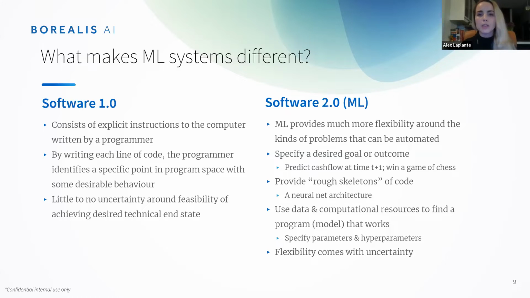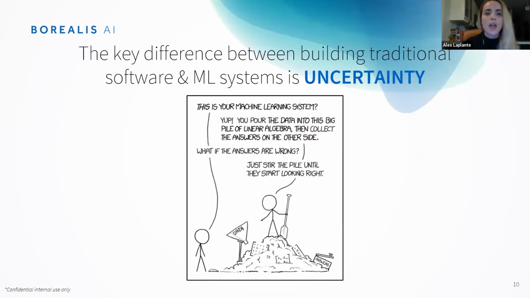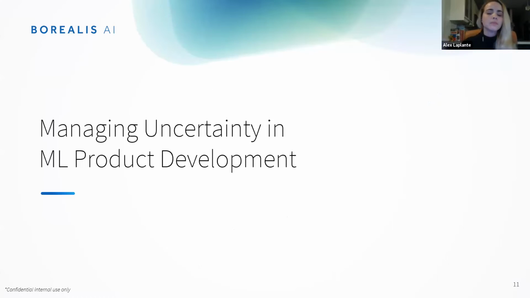And the process that we're using is a form of optimization, and there's some stochasticity to that. And what that means is, with all of that flexibility that we get from machine learning systems also comes a huge amount of uncertainty. And as product managers, we have to figure out how to pinpoint that uncertainty and how to manage that uncertainty. And so really that's going to be the central point of my talk, is around how we manage uncertainty associated with machine learning throughout development cycles.